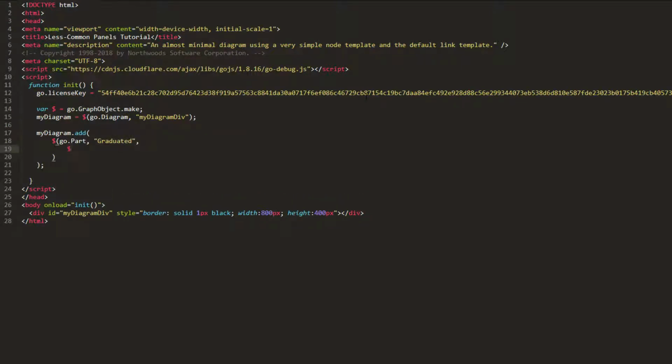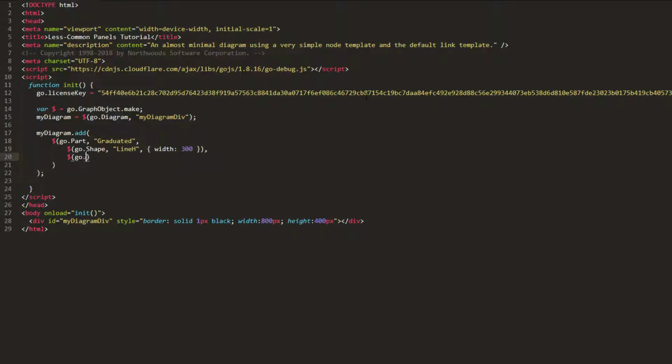We'll add two shape elements. The first one, the main element, will be the shape upon which the tick marks and text labels will be added. This shape will be a horizontal line, 300 pixels long. The next shape represents the tick marks on the graduated panel. We'll make it a vertical line, 10 pixels tall. We'll also set the background of the graduated panel so it is pickable.